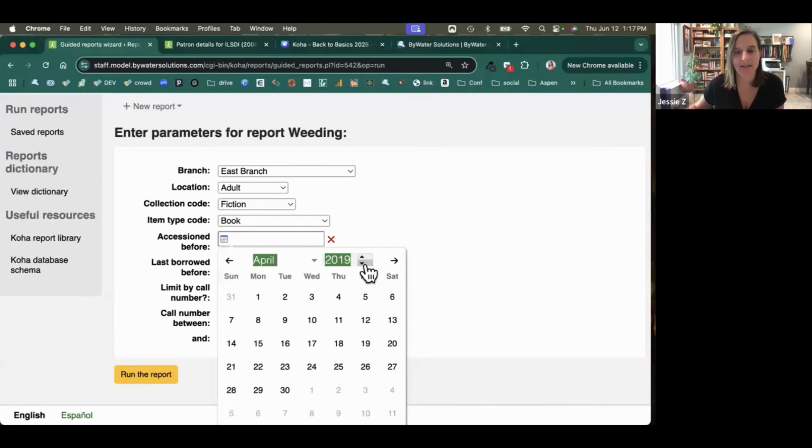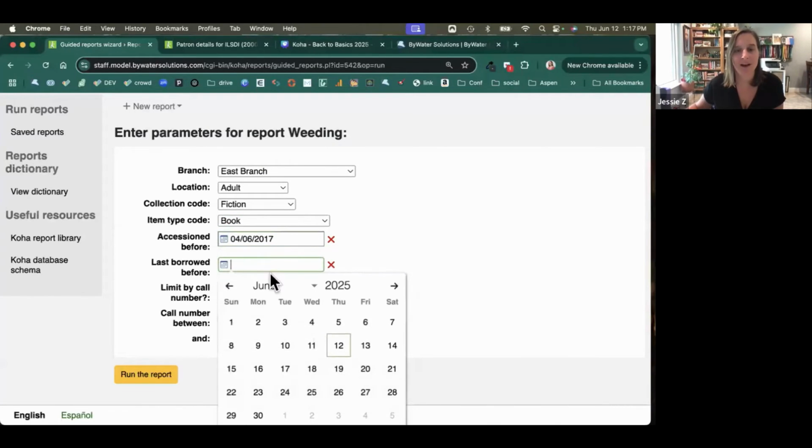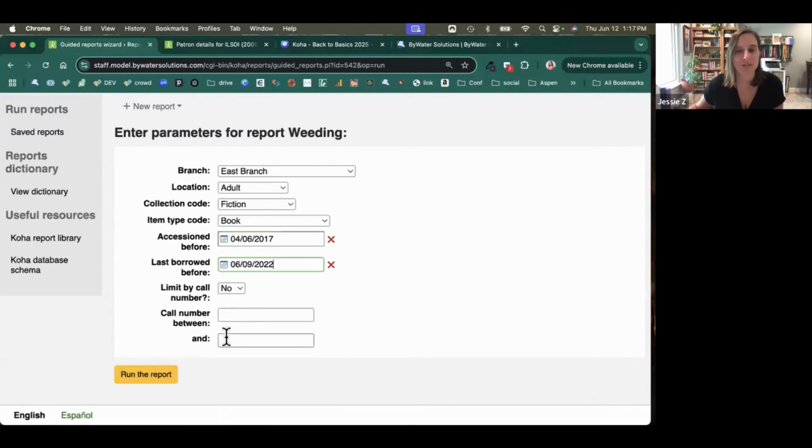So we'll take this back a couple years and we'll say last borrowed before, we'll go to 2022. Now, I do have options here to limit it by call number or do a call number range. Now, once I run that report, it'll bring back those results within the system where we can then run that